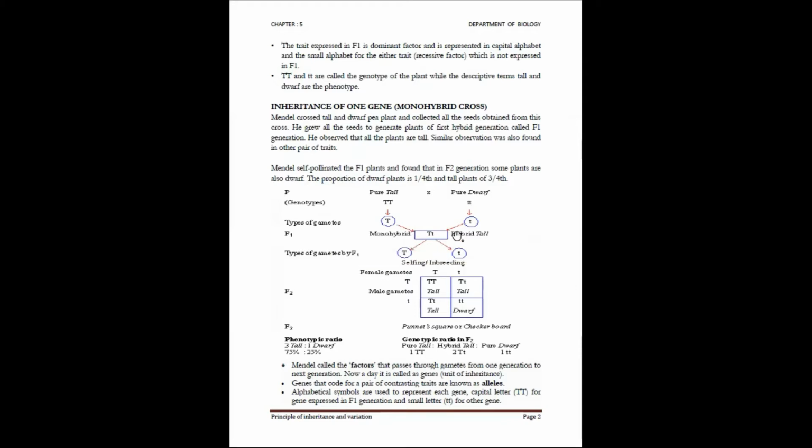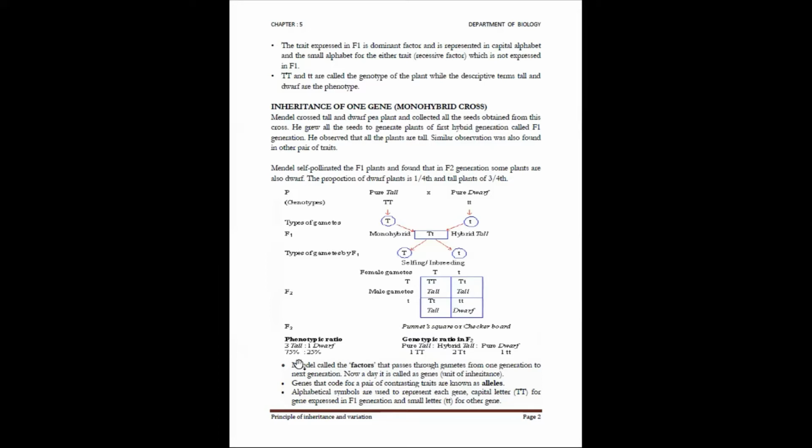Then moving on to the second step, you have to mention the gametes, and then the F1 generation, that is the crossing of the gametes, and then the selfing is done, or you can directly go to the flow chart and then talk about the F2 generation. So here you are writing about the F2 generation and showing the Punnett square or the checkerboard. So this carries the complete 5 marks. So each step carries marks. So please don't skip any marks.